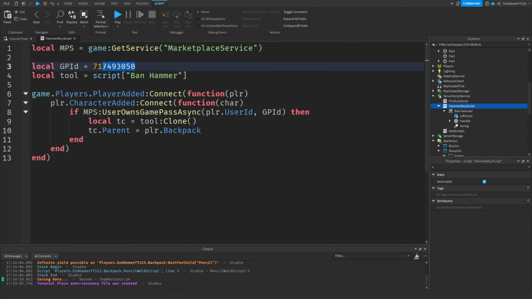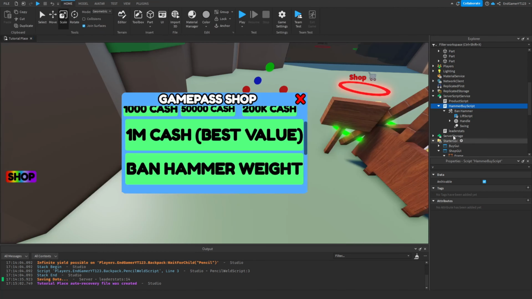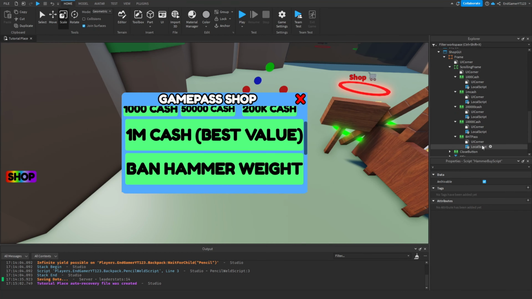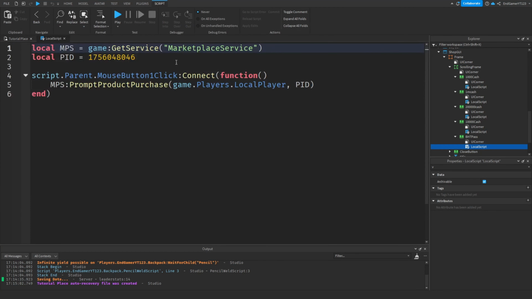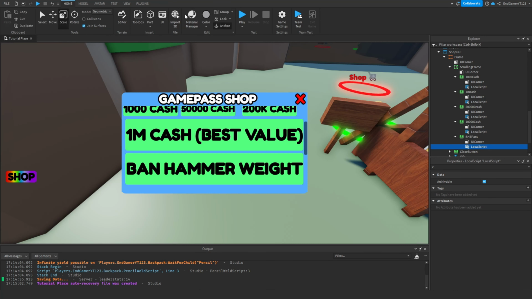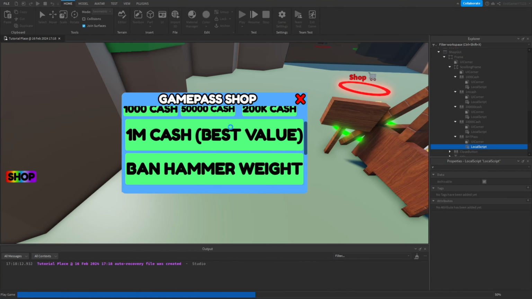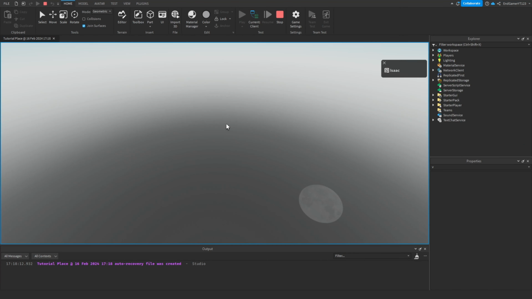Then another thing we have to do is keep this copied and then go into our BHT, which is banhammer tool, and then pass. And then what we need to do is change this to our value and change prompt product purchase to prompt Game Pass purchase. And now if you are the owner of this game, you will already own the Game Pass, meaning that you do not need to rebuy it. So once I join in,